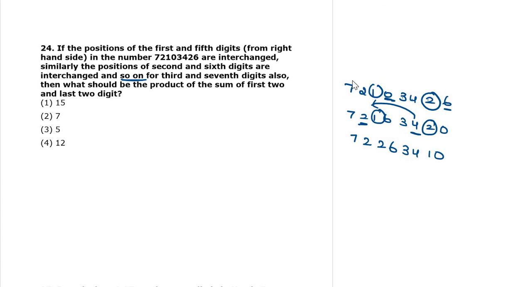These two. 1, 2, 3, 4, 5, 6, 7. Third to 7 and fourth to 8. Okay, third to 7 we are interchanging. Third to 7 means 4 will become here. Fourth to 8, these two. 3 and 7 we need to interchange.